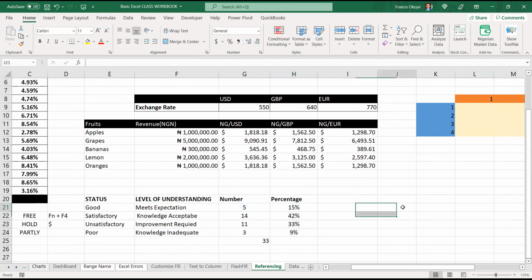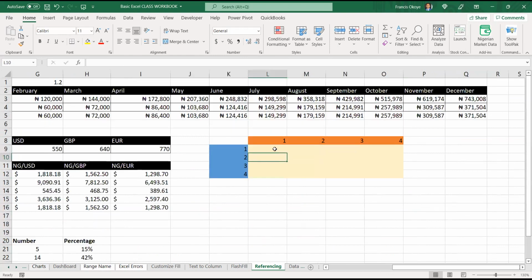And we're done. So for mixed, for example, I want to do a 4 times table, or whatever times table you want to do. So here we normally do 1 times 1, isn't it? It will give us 1.